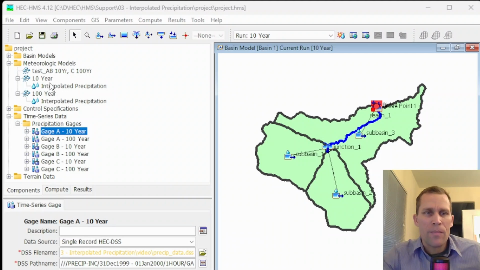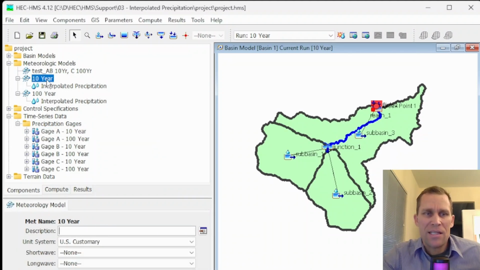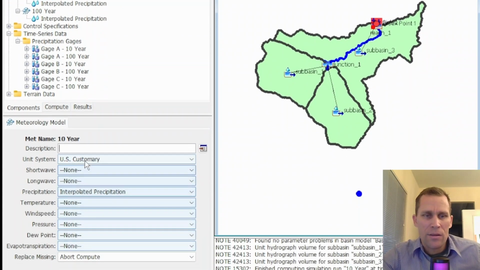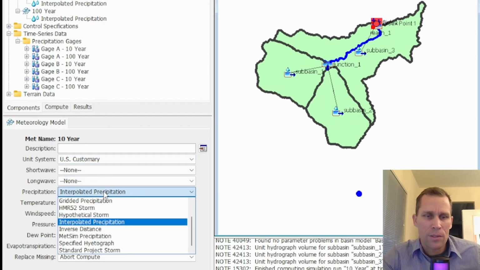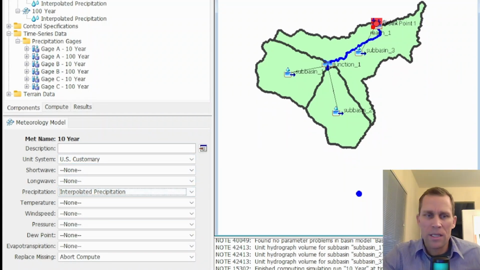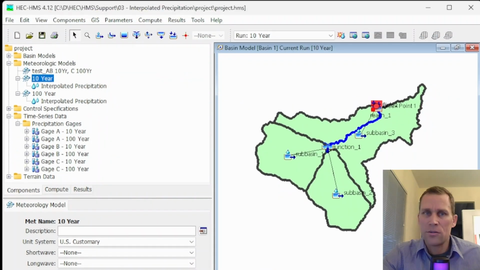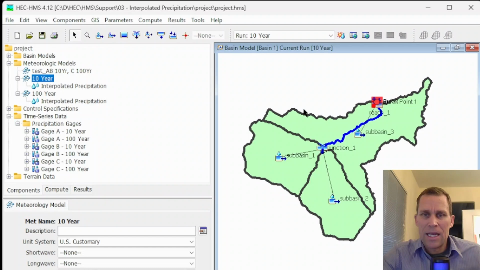We have the meteorologic model, which I said is 10 years. And what I'm doing here in the components editor, you can see the precipitation method is interpolated precipitation. If you want more details about this method, I've created a lesson. It's lesson 49, meteorologic models, precipitation, interpolated precipitation. So I'll leave a link to that in the video description. And I'll also leave a link to the exercise 1, which is what I used to delineate the watershed